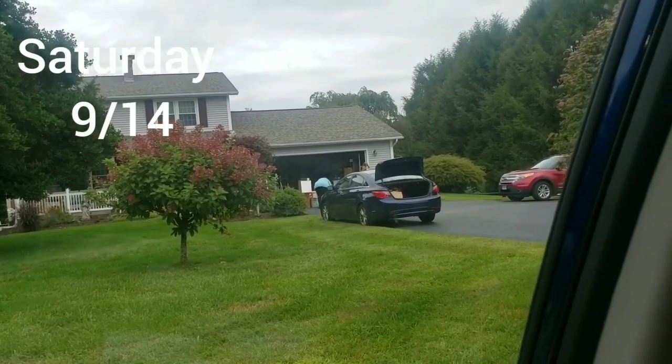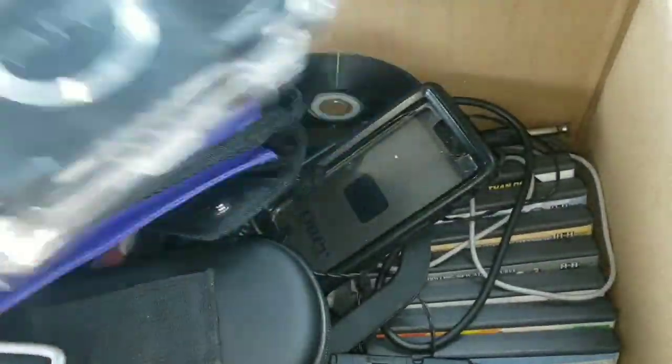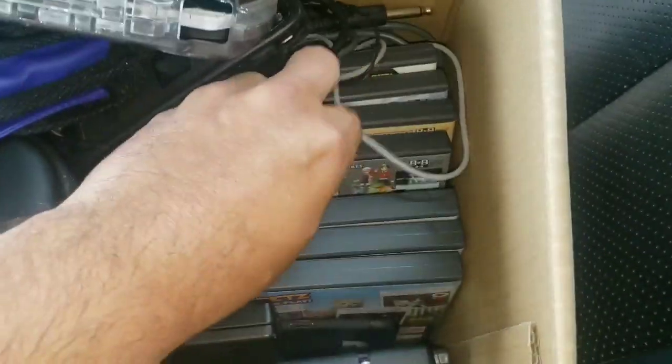At the garage way back there. Picked up everything for 30 bucks, so it's a good decent amount of stuff, including the platinum version. And SP should be in good shape. And I haven't even looked at the games, but for 30 bucks I wasn't gonna leave anything behind. I do see a couple of Pokemon in there, so